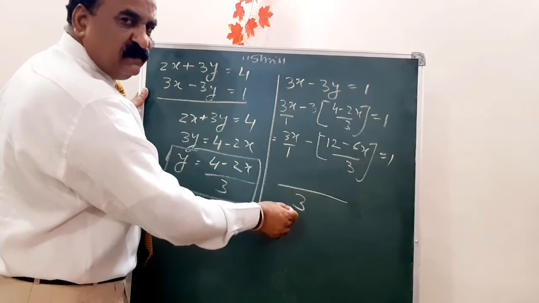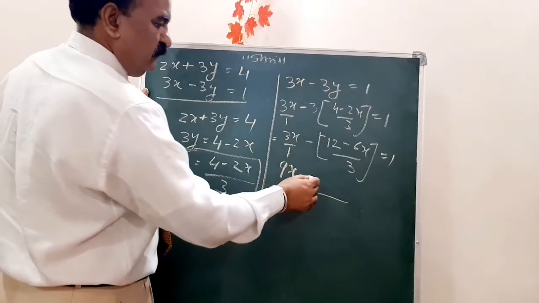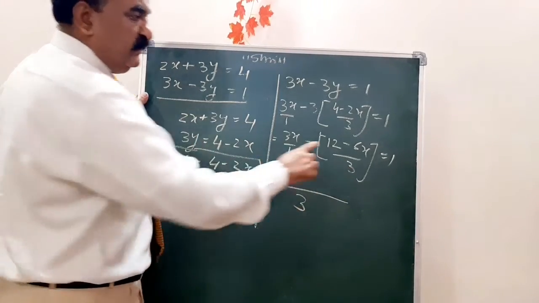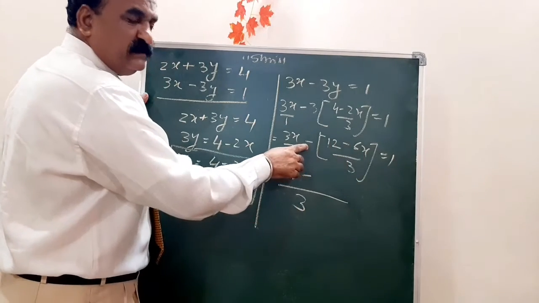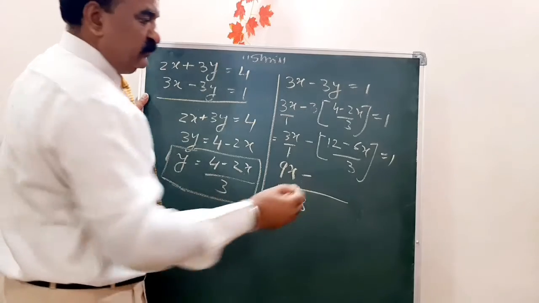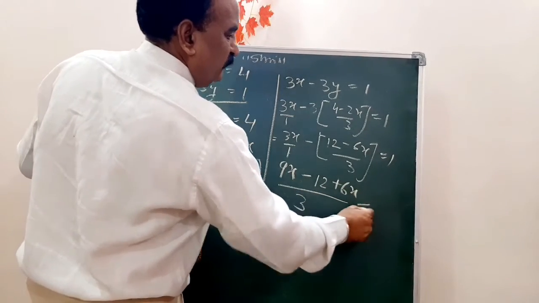1 divides 3, you will get 3. 3 into 3, 9x minus 3 divides 3, 1. 1 into this whole term. And the minus sign is there outside the bracket, so the sign will get changed. So it becomes minus 12 plus 6x is equal to